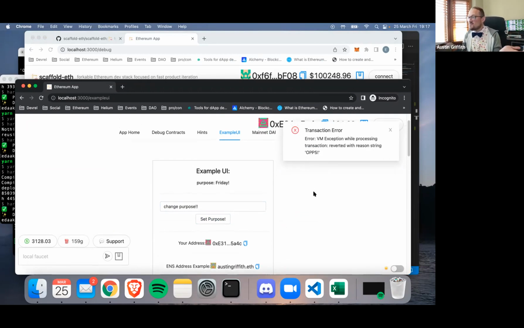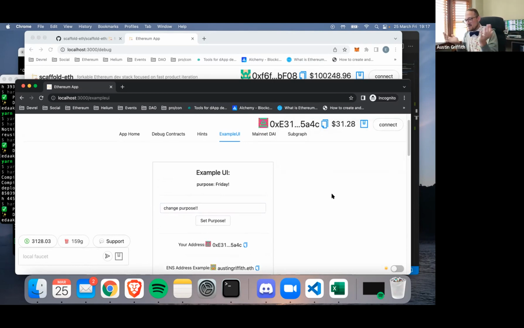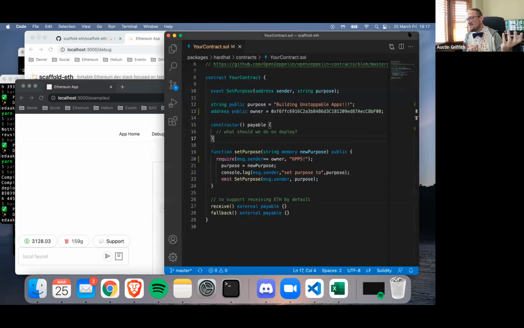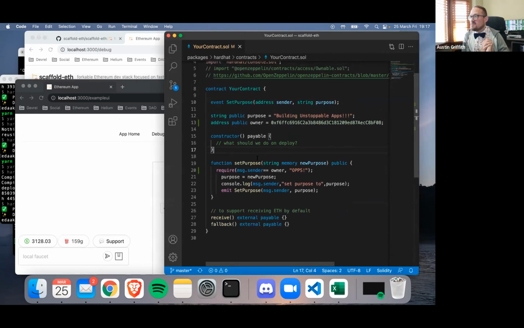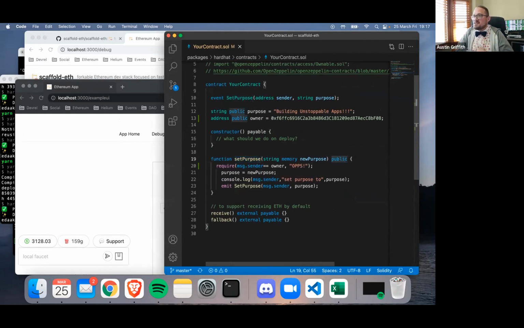All right. So there we go. We've written a simple rule that says only the owner can set the purpose. This is pretty good. This is okay. But I think we want to think of smart contracts more like a vending machine, right? Like having an attestation machine that a single account can go to is handy, but let's make it more like a vending machine. And so what we'll do is we'll make the function on line 19 payable. So if you do public and then payable, and then instead of requiring the